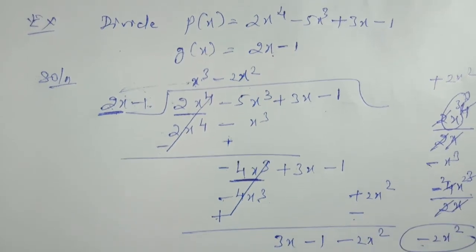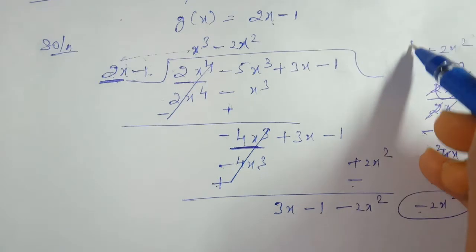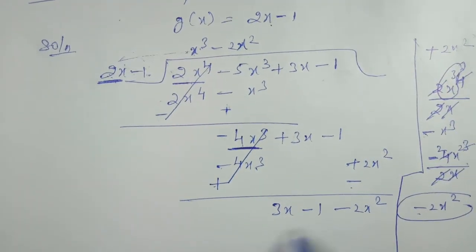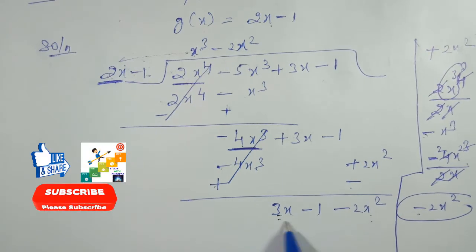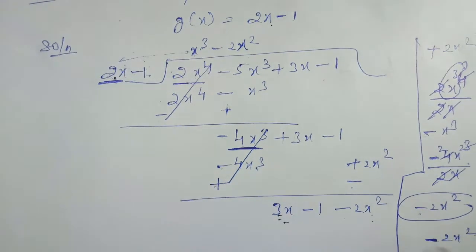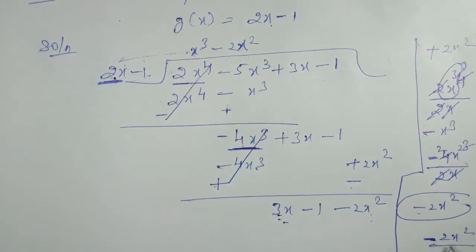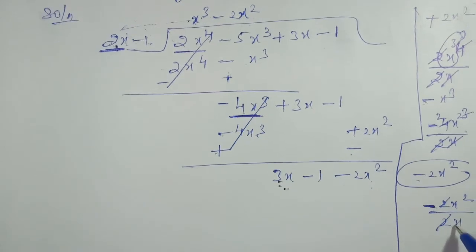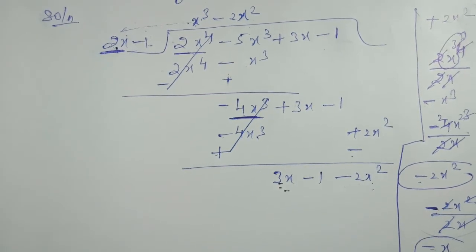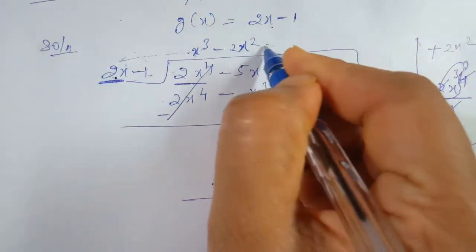Now the order has been changed, so when you take the term, you have to take it carefully. Now identify the highest power. The highest power we have over here. Do the rough work. Minus 2x square. The first term of the divisor we have to write at the denominator. 2 divided by 2, and 1x will be cancelled. So after calculating, we get minus x. So the next term of the quotient will be minus x.